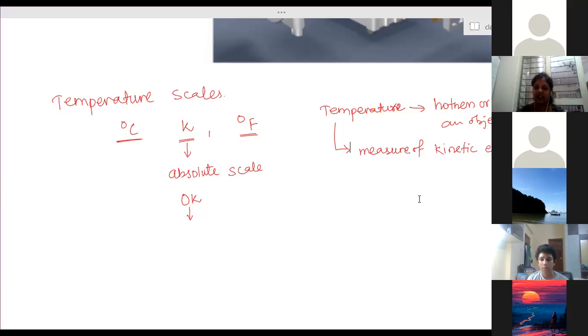And that value is exactly minus 273.15 degrees Celsius, lesser than the melting point of ice, 0 degrees Celsius. The Fahrenheit scale actually works from 0 to something. So 0 degrees Celsius is an in-between temperature. They have considered it from the melting point of ice, but below that also there are some temperatures.